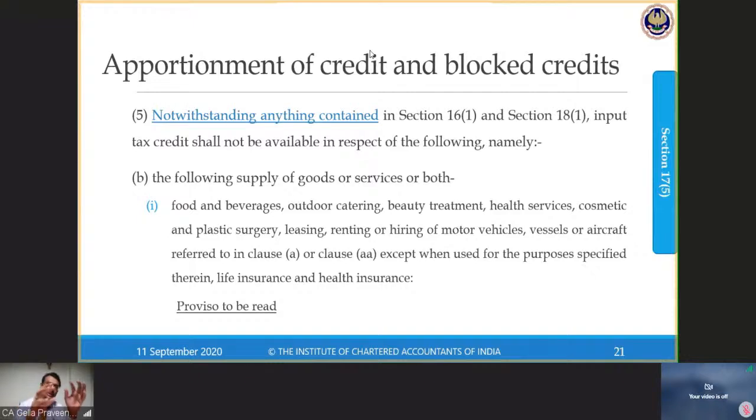Now what I do, as a bundle, I bill it to Sony Television saying that the cost of celebrity management is 20 lakhs just for a show. Now this 20 lakhs includes his air flight, his local cab taxi, his accommodation, food, beauty treatment, etc. Now all this 20 lakhs I have billed to Sony Television. Now 17.5 says you cannot take ITC, but when you read this proviso,